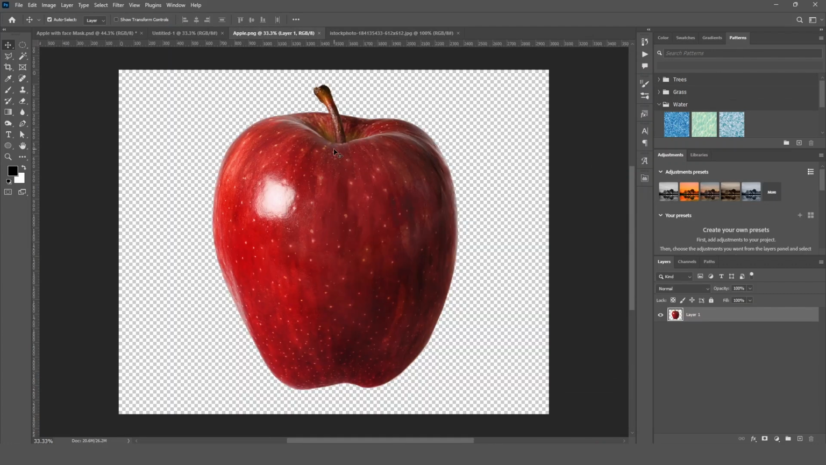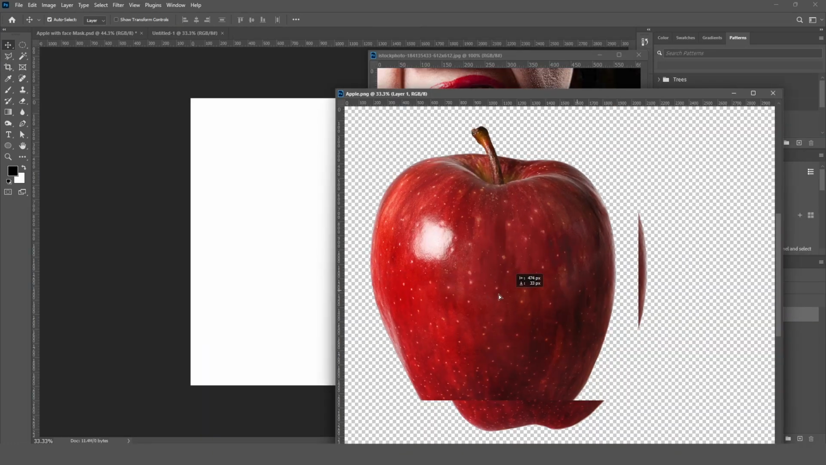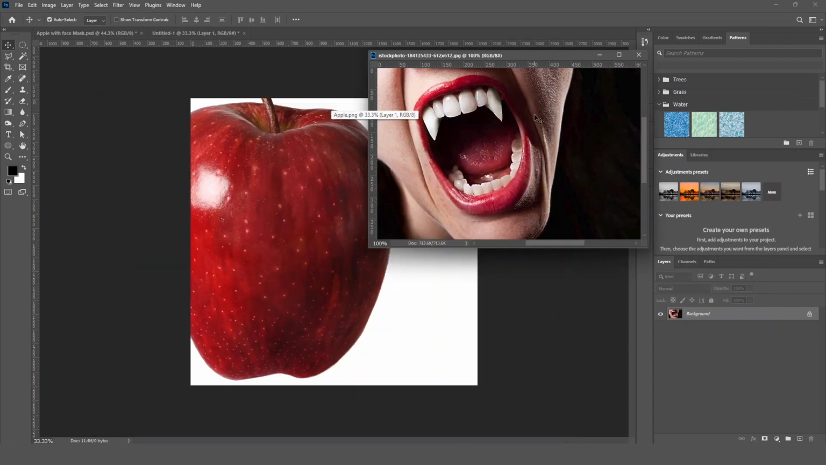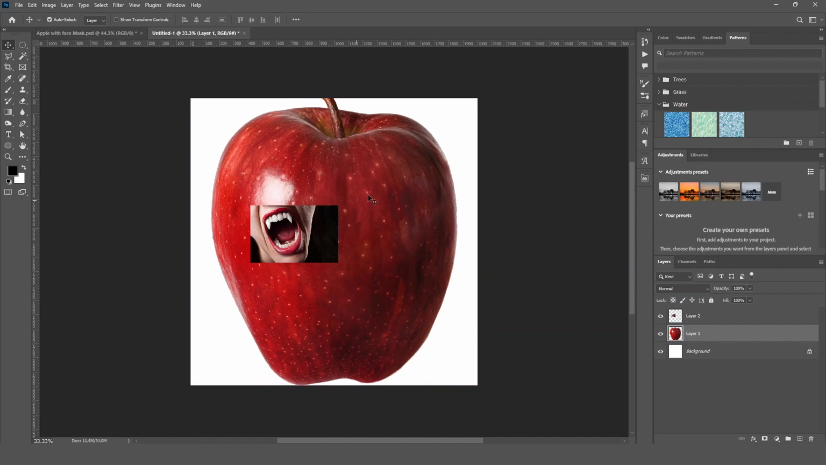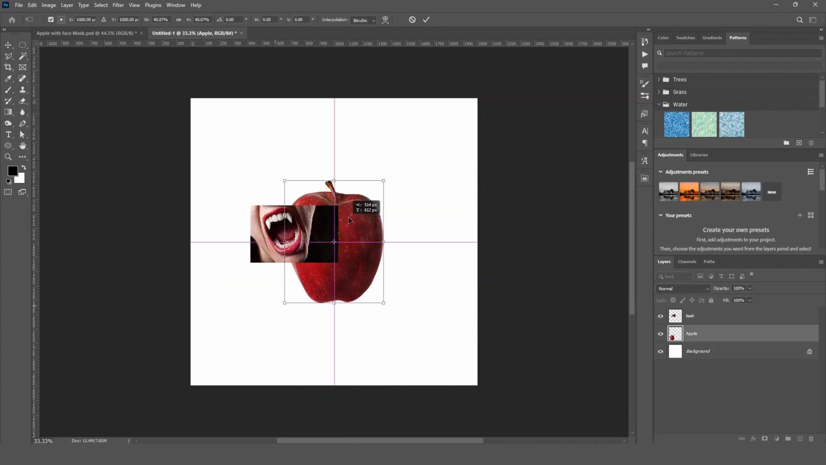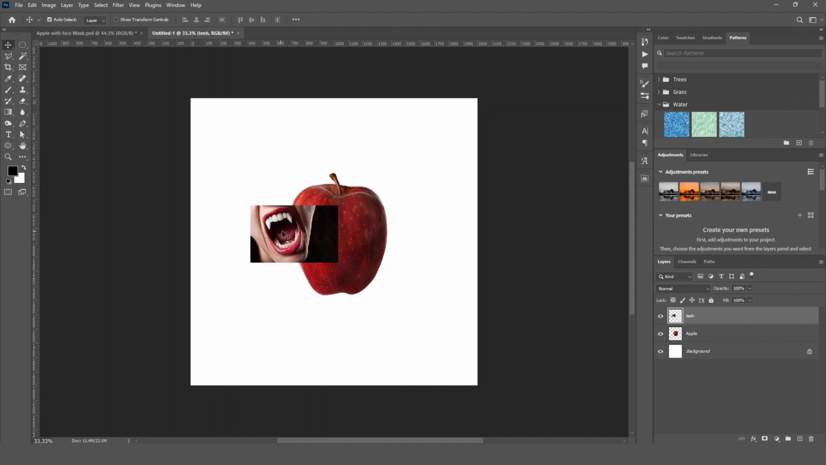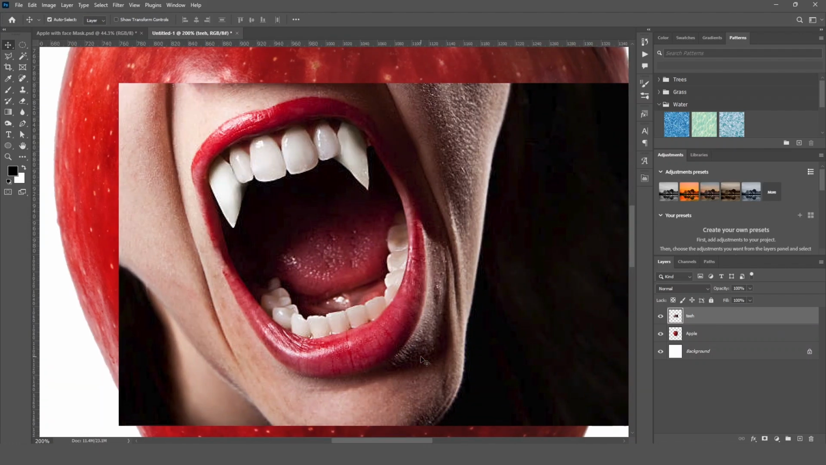Now I just move this to my document with the use of the Move tool, and this one also. Now place it properly. So I resize this apple with Control T and resize it. I place it in the center of the document, and now create a random selection around that, because